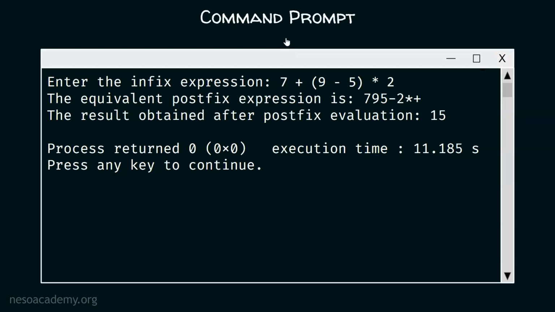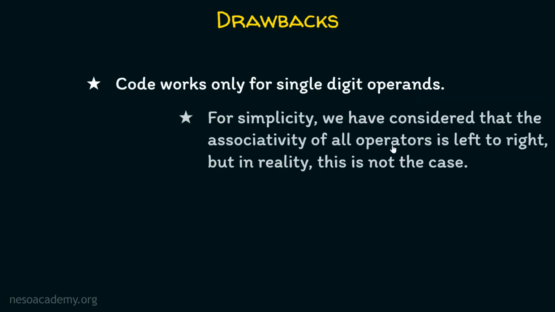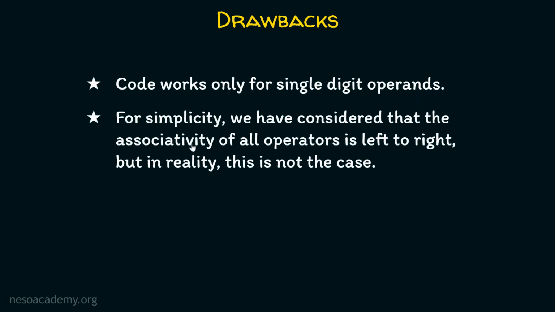Let's see some drawbacks of the program and improvements that we can make. First, the code works only for single digit operands. Actually, it is a challenge to make it work with multiple digits as well. Second, for simplicity, we have considered that the associativity of all operators is left to right. But in reality, this is not the case. The power operator actually has associativity from right to left, not left to right. So we can write the code according to that, and of course, we can include one more function for checking the associativity. Now this is up to you. You can write code for checking the associativity of all operators as well and evaluate the expressions according to their